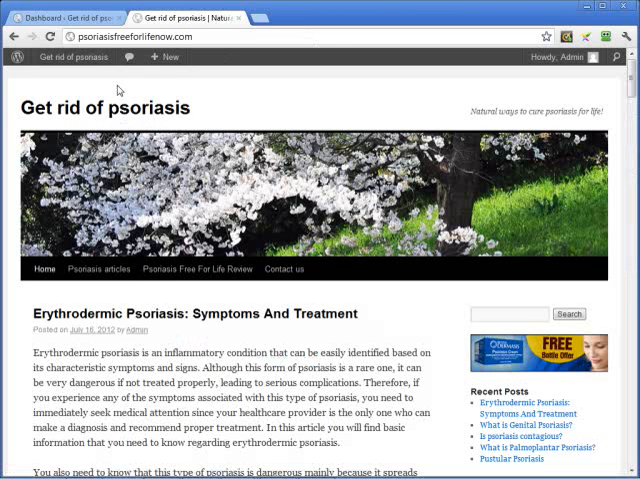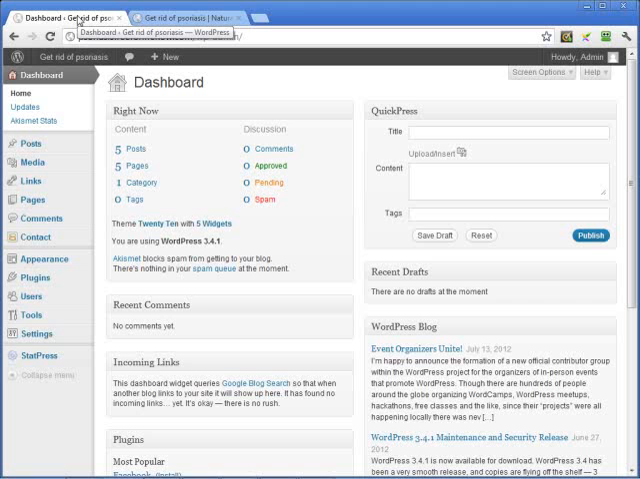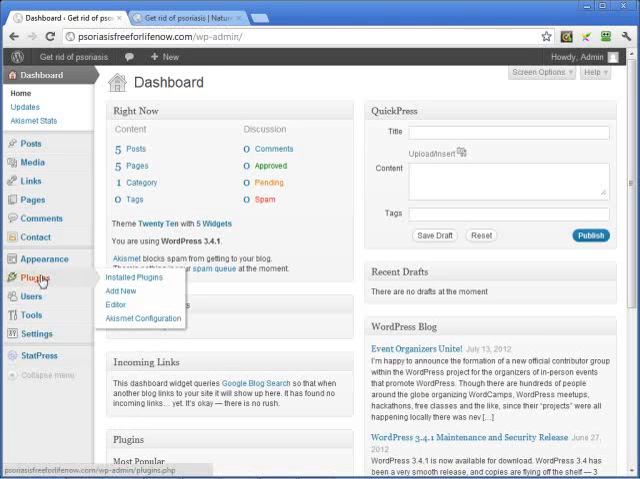Okay, so let's get into the dashboard and see how easy it is to install the plugin, configure it, and start creating links to direct customers, and also to direct link juice from the Google robots to the pages that we want to promote. So we just have to go into plugins, add new,